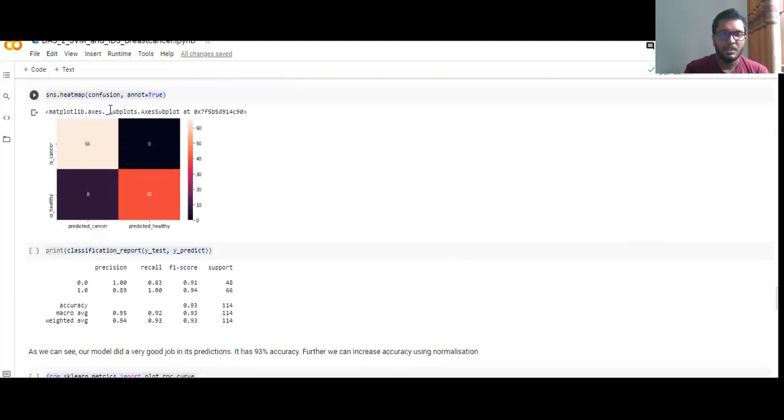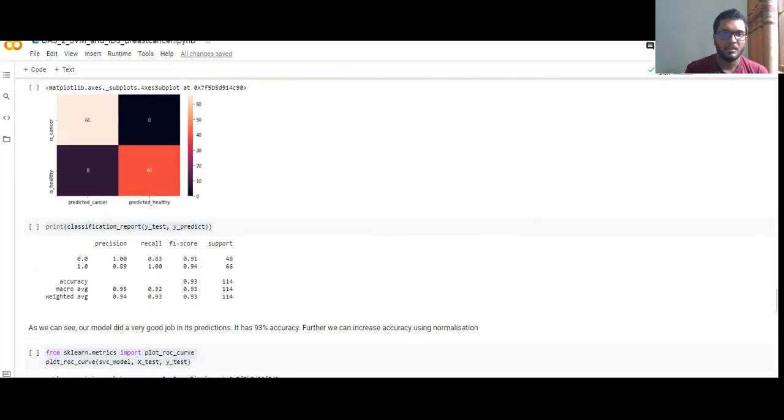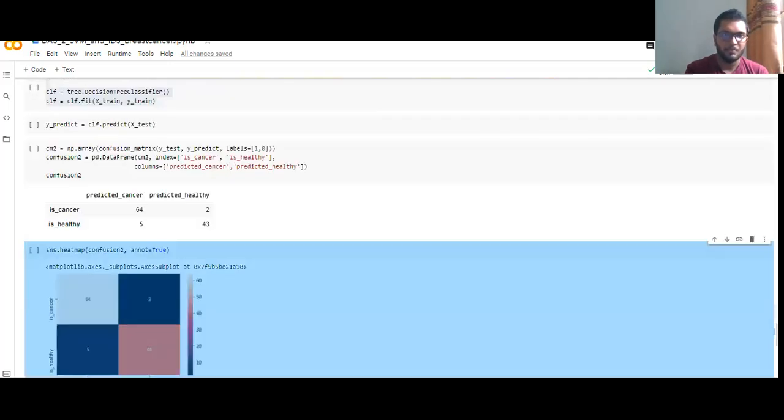And if we set the heat map, the is cancer is 66 overall, and predicted cancer is 66, and predicted healthy is 0. And there are 48 that are healthy, and there are 8 predicted as cancer. So that is a false positive. And so then we